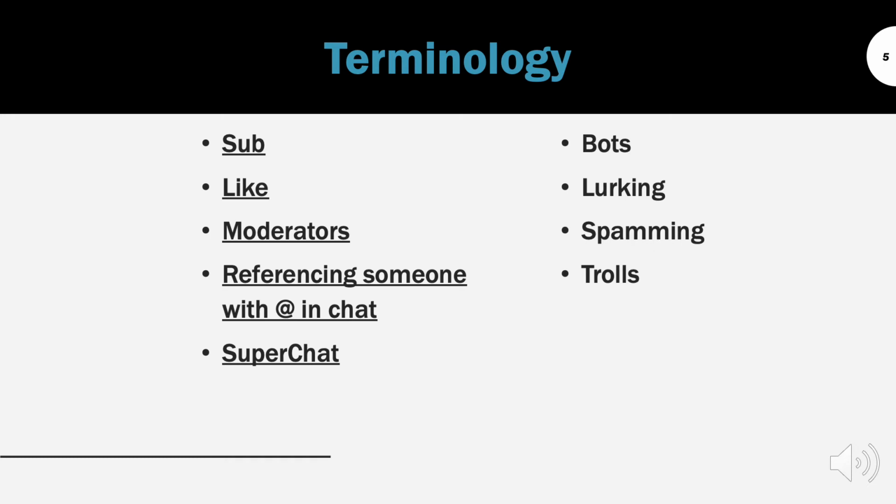A super chat is for YouTube channels who have over 1,000 subscribers and have over 4,000 hours of watched content. Super chat allows a user to donate to the channel and basically pick an amount and put a message in a box, and it will show up highlighted in the chat. This is usually when somebody has a chat stream that has over 50 people participating. Sometimes it's hard for the person who's running the channel to read every comment, so super chat allows them to grab their attention.